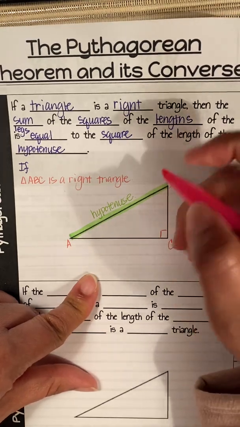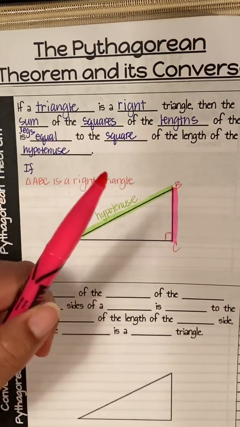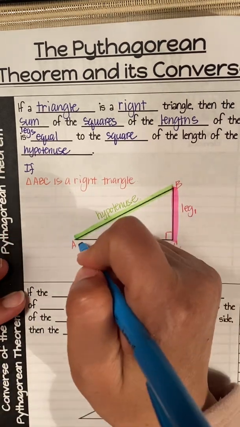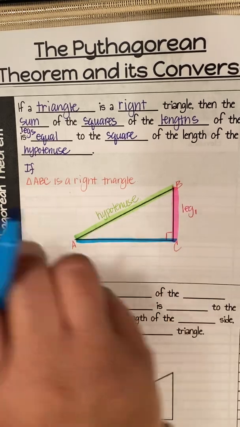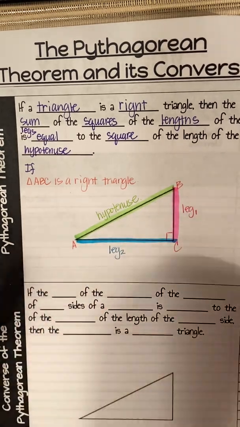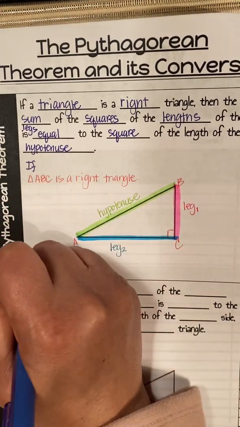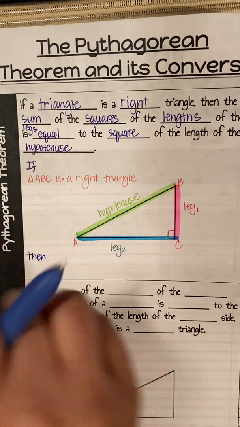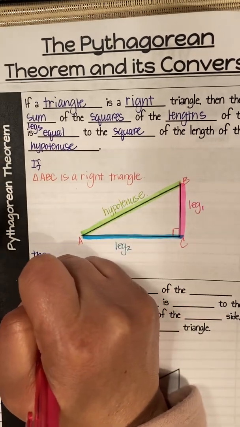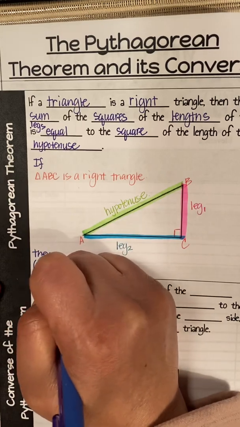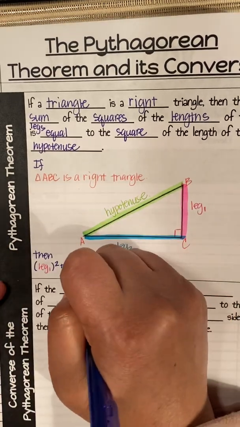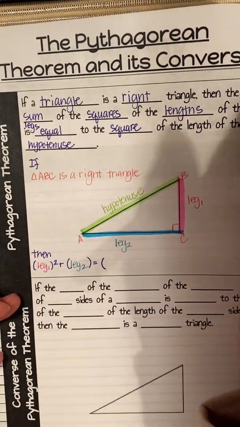So this is from B to C. This is going to be my leg 1, which I'm highlighting in pink. So this is going to be leg 1. And from A to C, this is going to be leg 2. So if we know that this is a right triangle, then we'll write it down here. Then we know that the leg 1 squared plus leg 2 squared is going to be equal to the hypotenuse